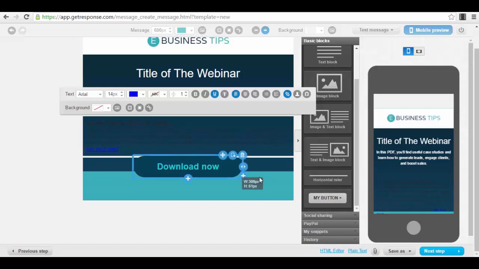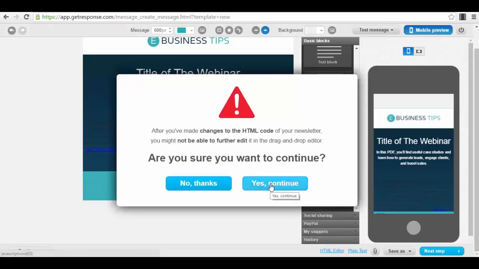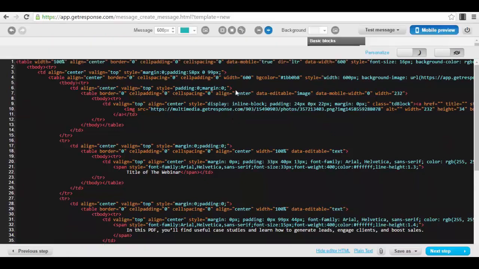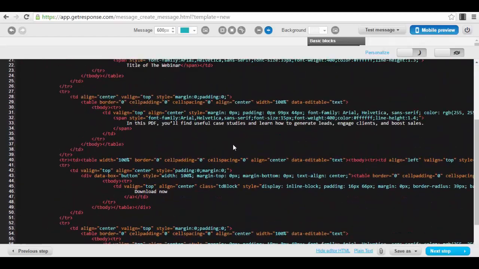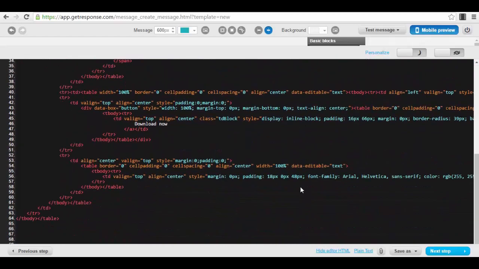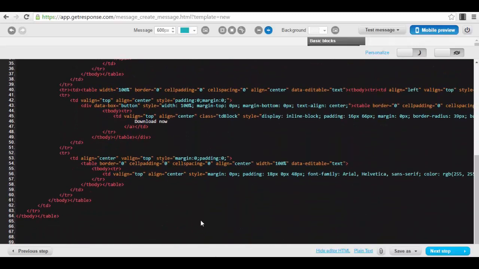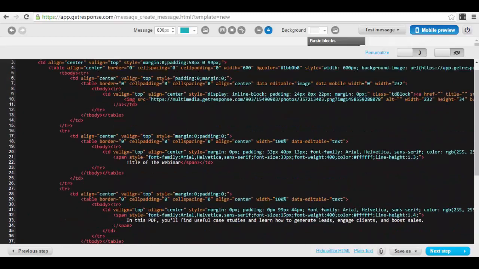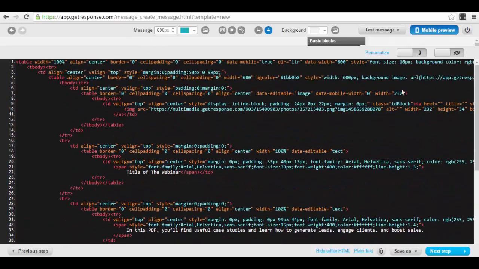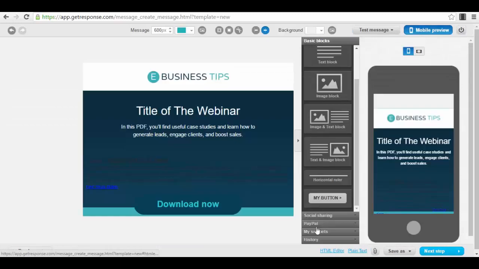So what can you do here? First of all, you go to the HTML editor. You see here in this part of the screen, you have the HTML editor. You press yes, continue. And your embed code from Hangouts or from YouTube, you will go and copy and paste it. I think I went to the wrong block. Just a second, guys.